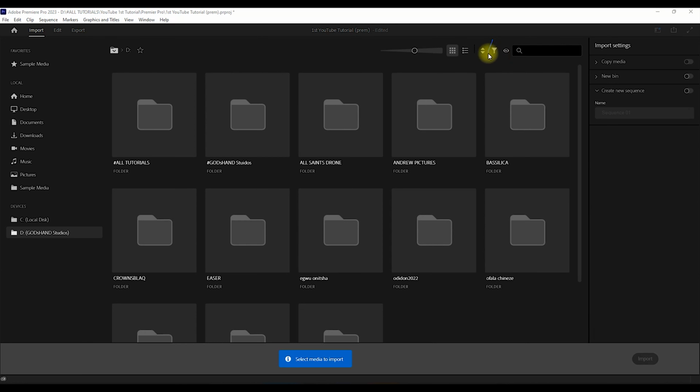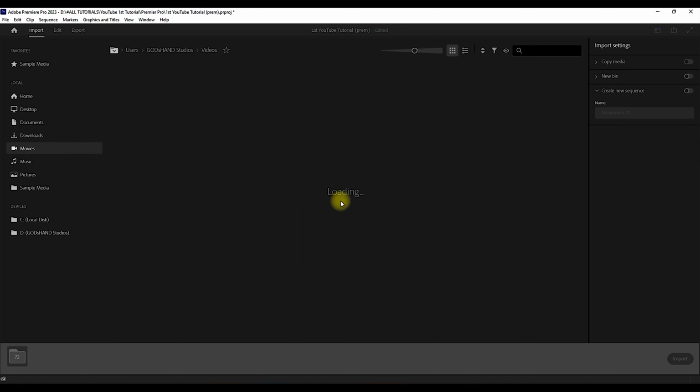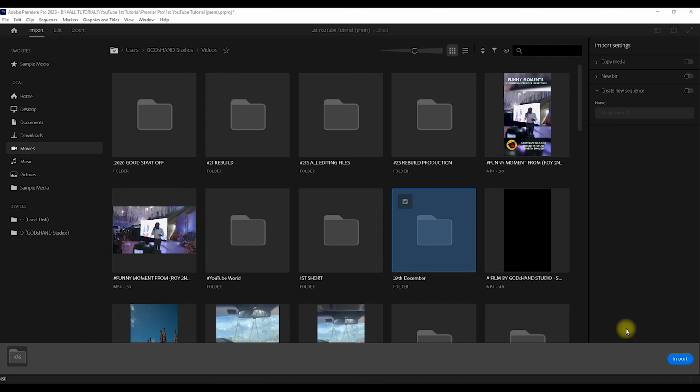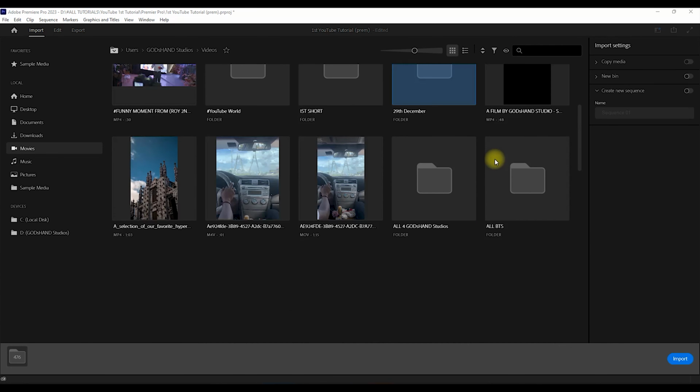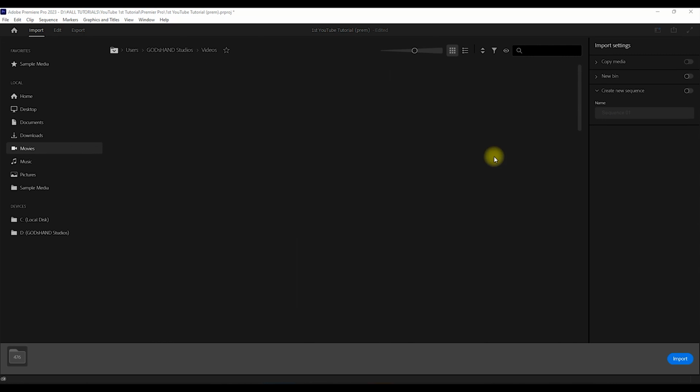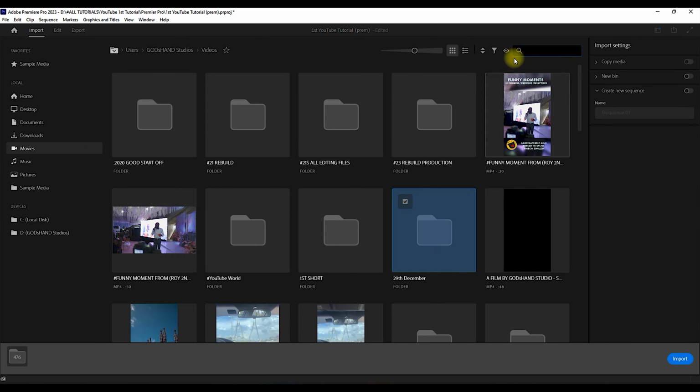The next icon you will see here is called the file display types. Now this allows you to import a file based on the type. Now let's get over to a folder that I've created so I can demonstrate this process better to you. In case you know the name of the folder or file you are searching for, you can quickly run over to this search bar here and type the name, which will save you the stress of scrolling to locate what you are looking for. So because I know the name of the folder, I will click on the search file, then type video.